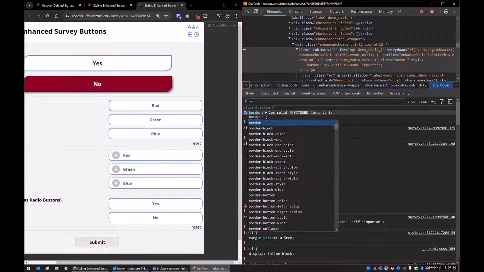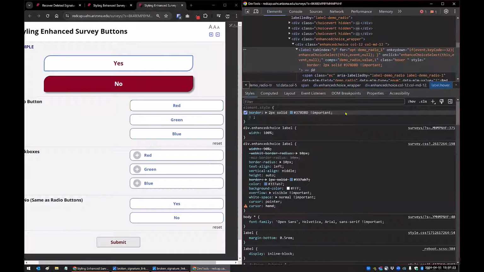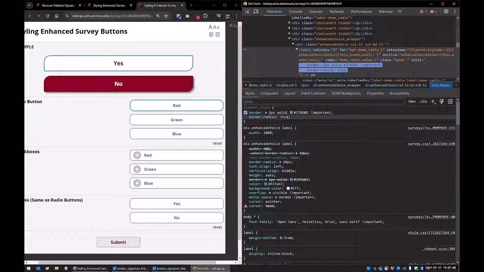Then the next thing I'm going to do is add the border radius. You can see here that there's a little corner and then a rounded edge, and then a corner and then a rounded edge. So I'm going to add the border radius property, and it starts like a clock. The values that you put in are top, right, bottom, left. It's kind of weird, so this is the top, this is the right, this is the bottom, and this is the left. So we want 15 pixels on the top, 3 pixels on the right, 15 pixels on the bottom, and 3